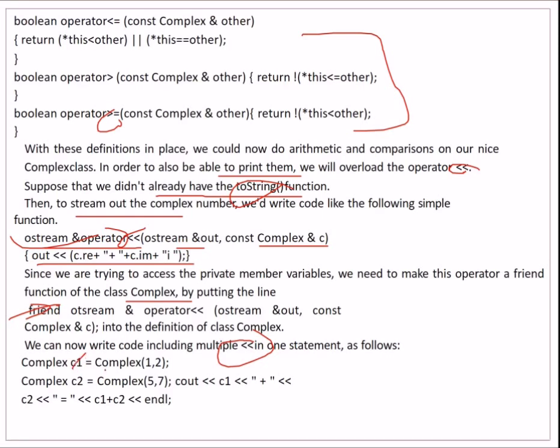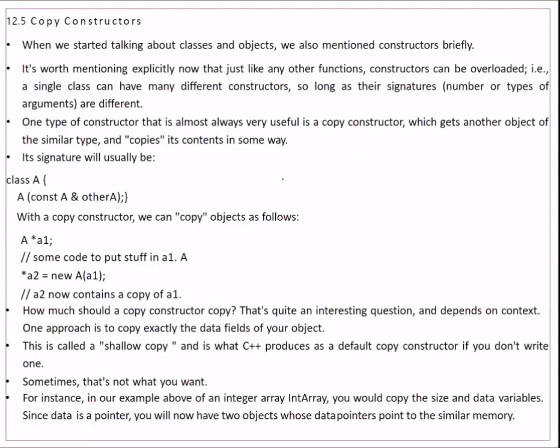You can have C1 and C2, two complex variables, initialized, and you can just write C1 plus C2. Just like two variables are added, you can add two objects. This is the beauty of what we call operator overloading.